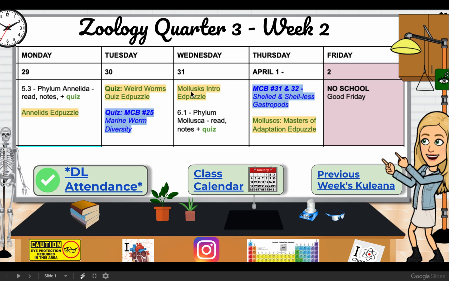And then on Wednesday, we're starting our next phylum, which is Mollusca, phylum Mollusca. So I want you to start with this ed puzzle. Watch this ed puzzle before you jump into the CK12 reading. And this one's a little bit different because it's all in one section. So it's longer and there's a longer quiz associated with it. But I decided, because phylum Mollusca is really interesting and there's lots of diversity and variety and specialization within it,